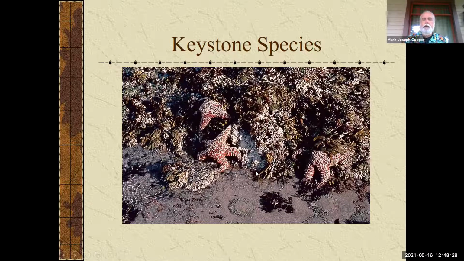So, keystone species. Keystone comes from the idea of stonemasonry, where you actually have a keystone, an important stone that holds stone bridges together, or stone arches in buildings. The masons would keep that a secret, and you would apprentice with a stone mason, and they would eventually tell you the secret of the keystone. So we've stolen that term because basically, if you pull out this keystone, your